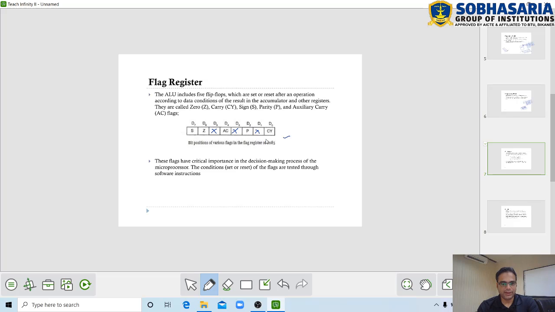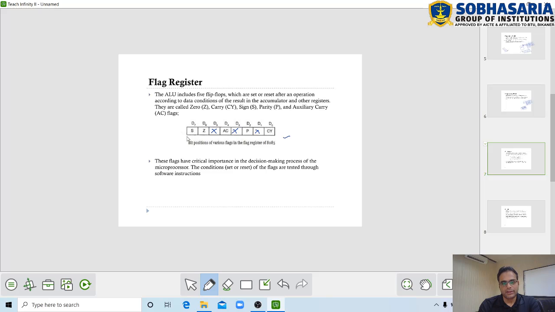Remember that we have told you that the result will always be loaded into the accumulator. So whatever result is generated after the operation will be loaded into the accumulator, and the flag register tells us about the quality of that result generated, which is in the accumulator, right?